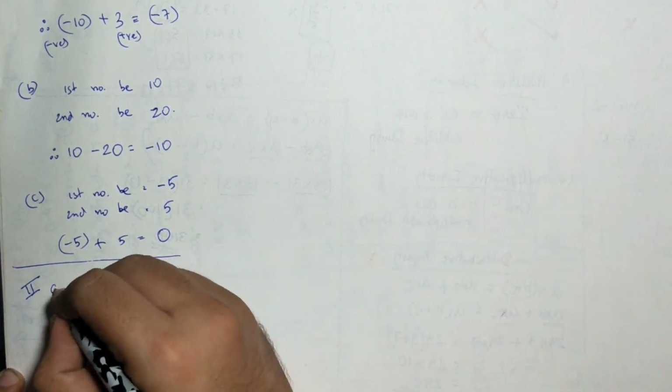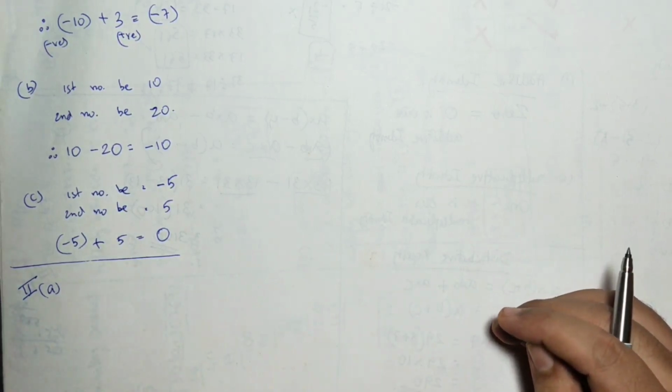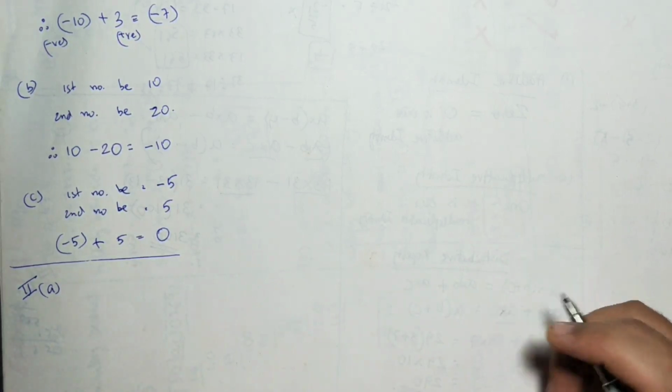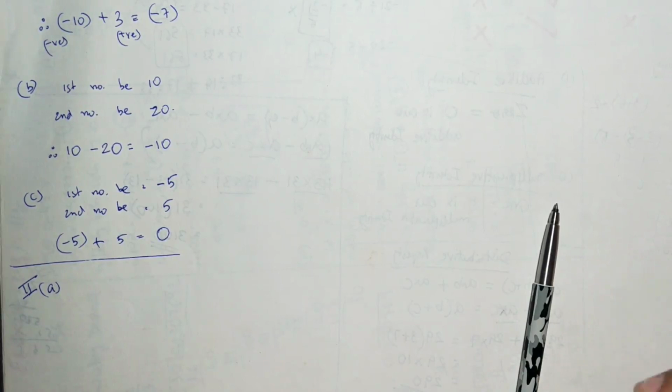First A, second A, write a pair of negative integers whose difference gives 8. Now pay attention, this is a tricky one. It also has infinite answers, so you have to think of 2 more solutions rather than what I am writing. Write a pair of negative integers. You have to give a pair of negative integers whose difference is 8. Means you have to think of 2 negative numbers only, and the difference should be 8.